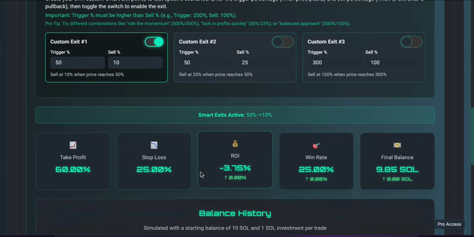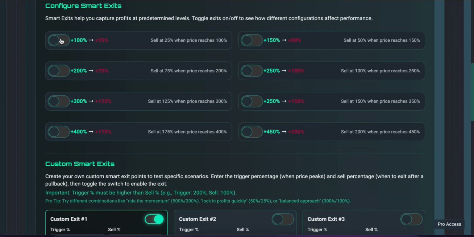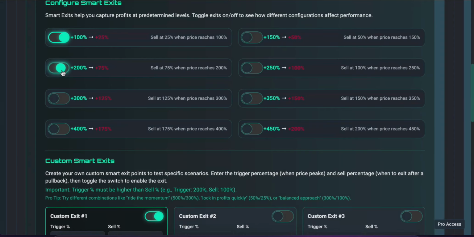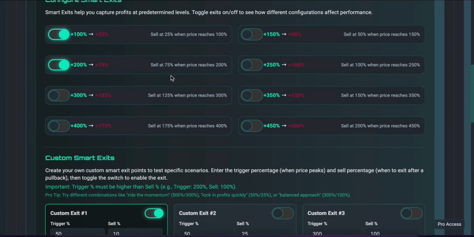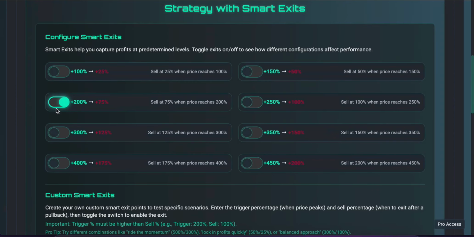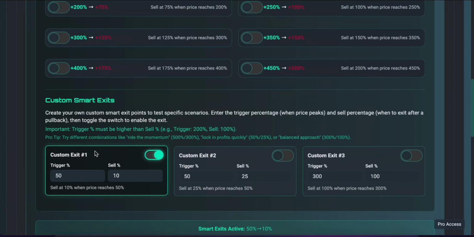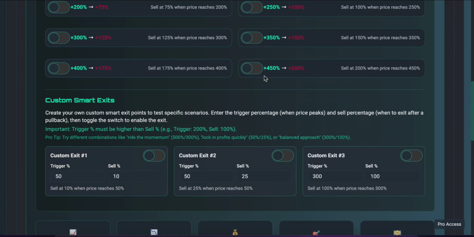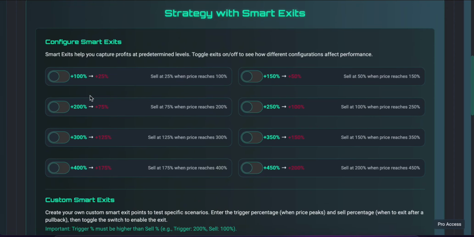I'm going to turn that on. Would that help? It would have no effect because when we went up to 50%, we never went back down. So yeah, but anyway, you could turn these on. You could test them out, and it would tell you if it has any effect. None of these have any effects because we only checked 4 trades, and there's no scenario in which these would ever be triggered. But if you checked 50 trades, and sometimes